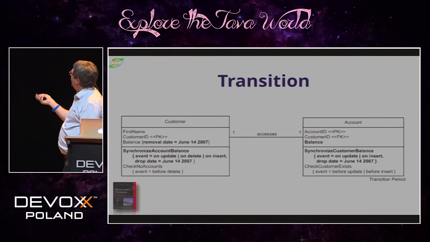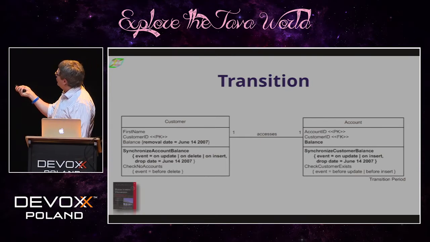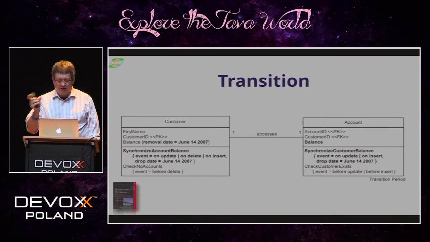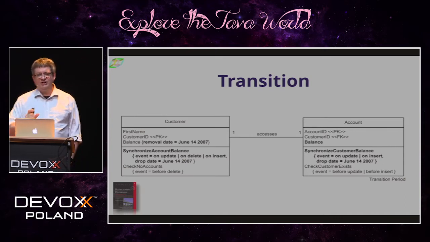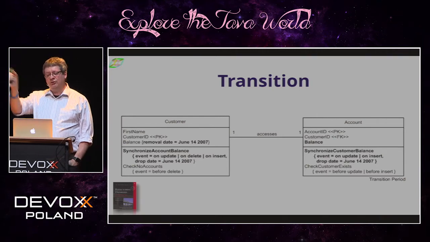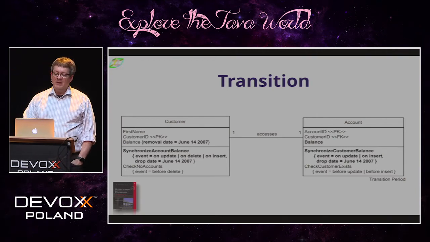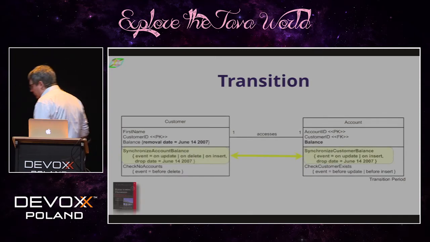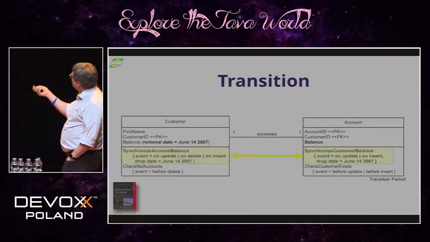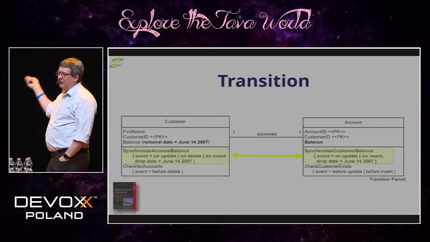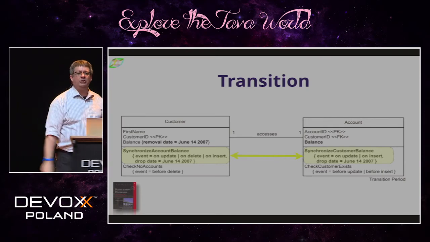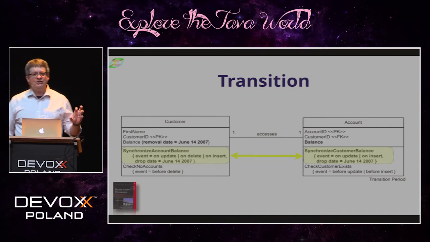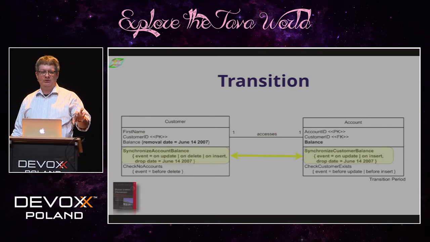So what I've done here is I've added a deprecation warning to this column. Some databases support this idea of putting a comment on a column that every time you access it, it gives you a warning that, hey, this is going to go away after a certain date. Then I add balance over here, and then I create a trigger on both tables so that now anytime balance is added there, it's synchronized across here and vice versa within the transactional context. I can now support both schemas.